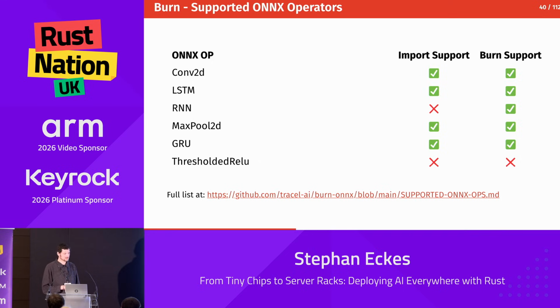And for the Onyx import, you can find at this link, supported Onyx ops on the GitHub page, the full list. So if you have an Onyx model that you want to run, you can check if all the layers are actually supported, and also if the automatic import is supported. So you see some layers might have support in Burn, but the import is not yet written. But the list gets really green now. So now only a couple of operators are not supported anymore, which is super cool and really nice progress from the last year.